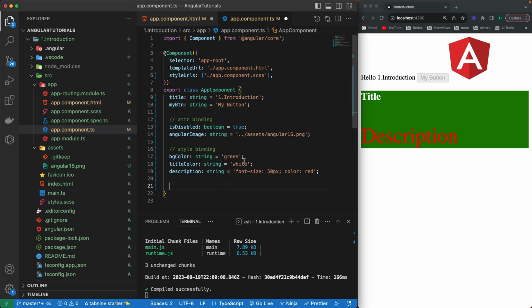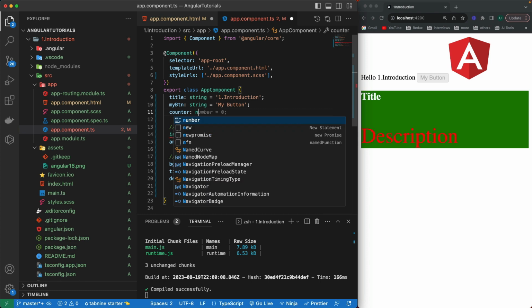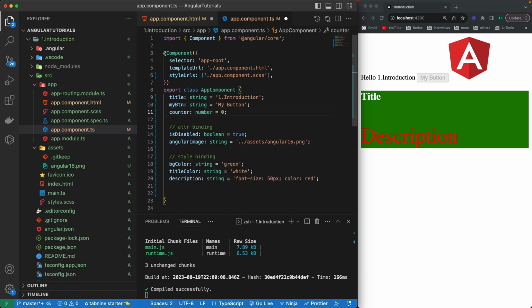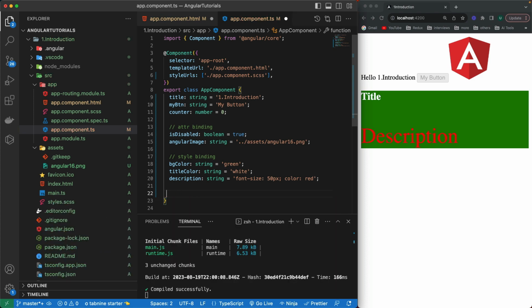JavaScript. Okay, so first of all, what I'm going to do is let's create a variable of type integer, of type number actually. So I'm going to create a new variable. I'm going to name it counter, and it is of type number, and initially I'm giving it 0. Okay, and I'm going to create a function. I don't need to write the function keyword, so I can write the increment counter,